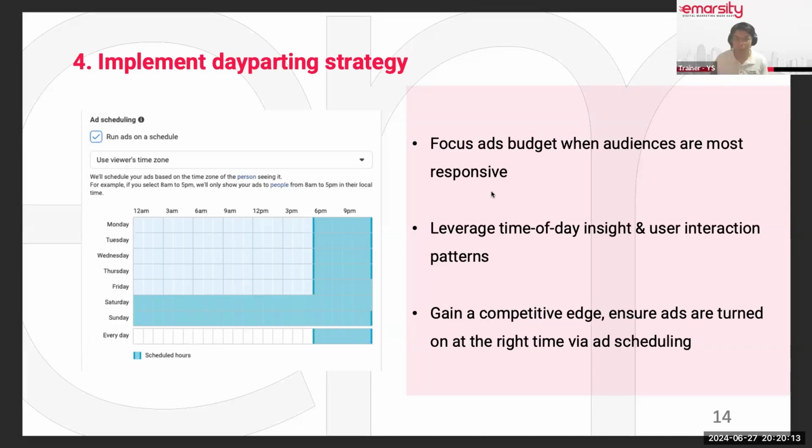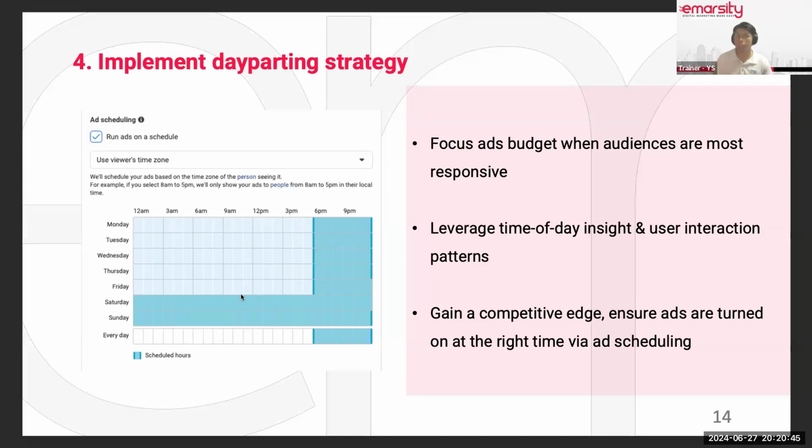They are working, then maybe they secretly use their Facebook because they are too bored at work. They probably see your ad, but they might not have time to interact, click in, find out more, purchase, or submit the lead gen form. They probably see your ads, but they might not have time at the office to find out more about the product or services. So what you want to do instead is target your ads to show to your audiences when you know that they are less busy, so they have more time to interact with ads.